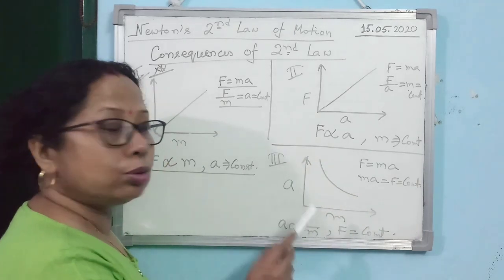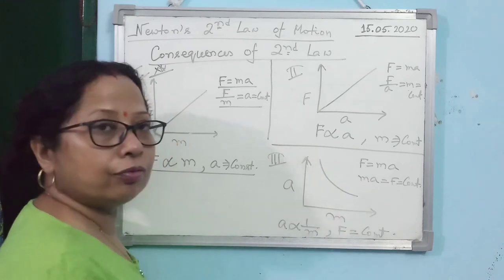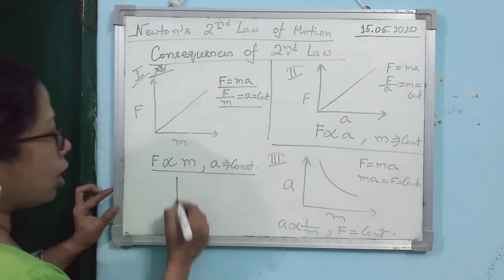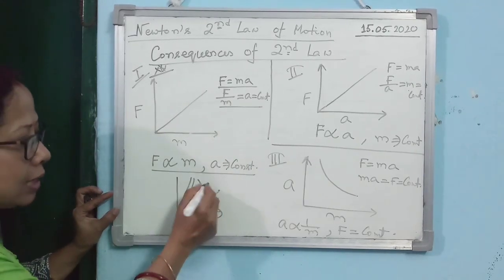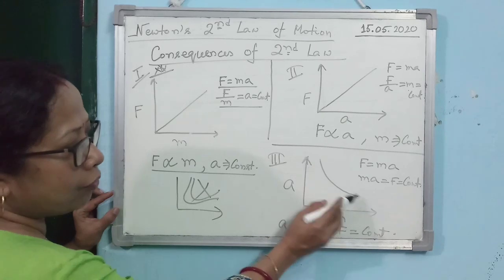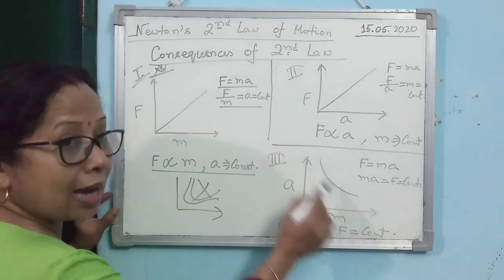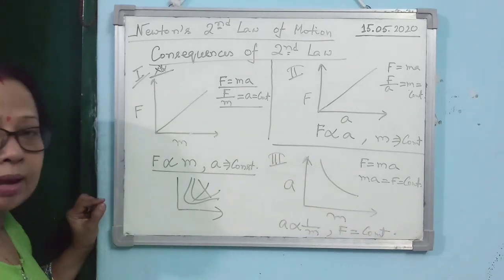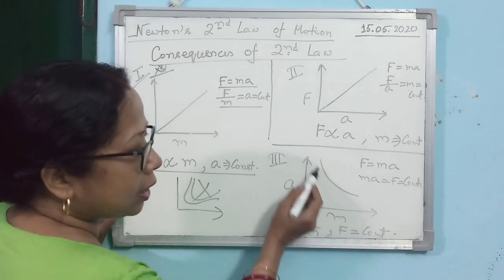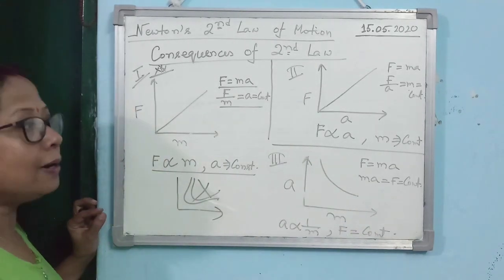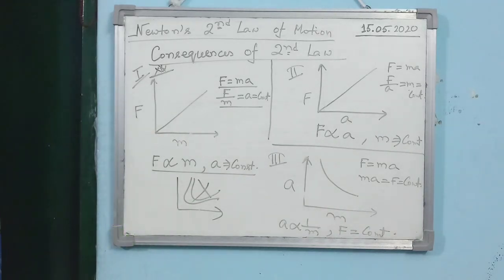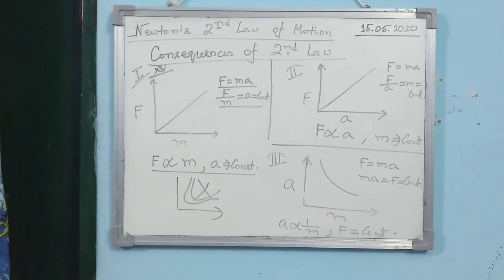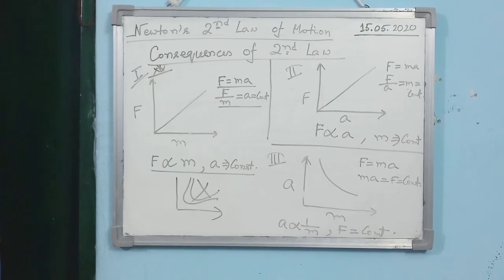Alright. Please draw the curve the way I have drawn it. Nobody should draw the curve like this as you want. Okay, these are all wrong. You should draw the curve the way I have drawn. Clear? This is a rectangular hyperbola. You don't have to remember the name, but remember the curve should be like this. Is that clear? So these are the three consequences of the second law. Very important topic for the board exam. So kindly note it down in the study material notebook and learn and prepare it.